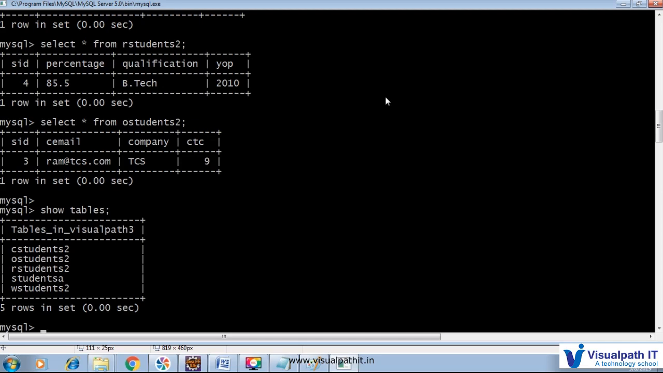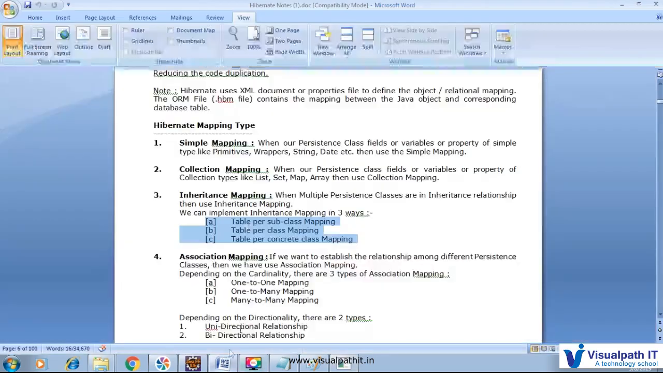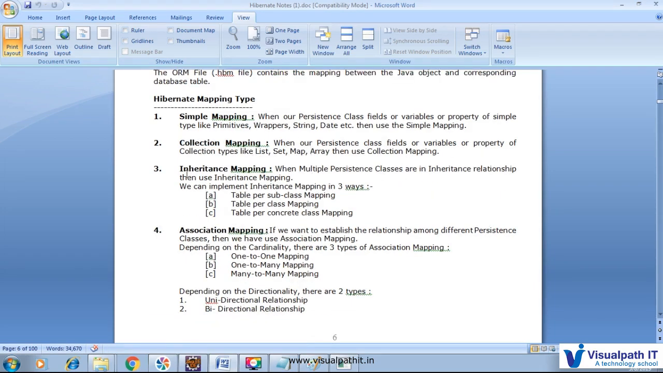According to that we will find out. So next, till now we understand simple mapping that has all wrapper classes, string, date, primitive types, all things, and collection mapping, where we already saw list, set, array, and all different kinds of collection mapping. Inheritance mapping, we saw table per subclass mapping, with core, that is 3.1, and with annotation, that is